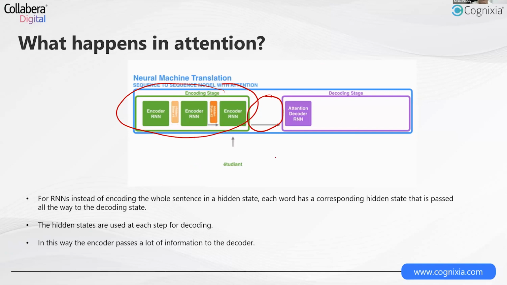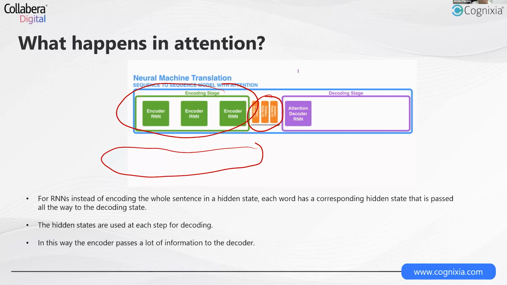For example, as you would see, here we have a sentence in Spanish. For each word, the encoder RNN is generating a context vector. And then these three context vectors are fed to the decoder. The decoder, using the context vectors, is generating the sentence "I'm a student" in English. So input is Spanish and output is English. That's an example of what happens in an attention model.